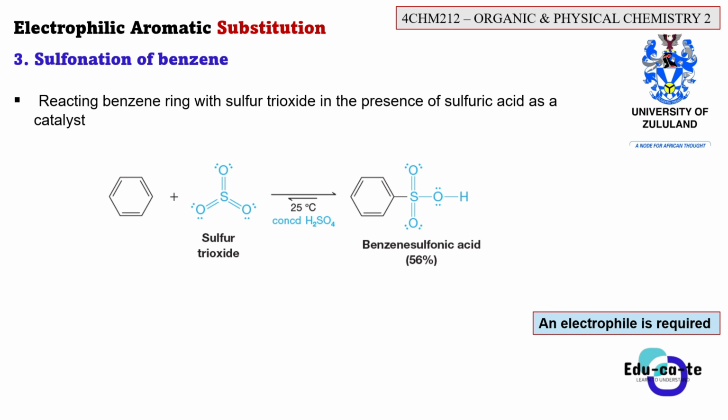All right, so here we are going to be reacting a benzene ring with sulfur trioxide. The reagents that we'll need are a benzene ring and sulfur trioxide, and we are going to do this in the presence of sulfuric acid, H2SO4, whereby the H2SO4 is concentrated. So we use sulfuric acid as a catalyst. Please make sure that you get that condition: it is concentrated, and it will act as a catalyst for our reaction. The aim of this particular electrophilic aromatic substitution reaction is to create benzene sulfonic acid.